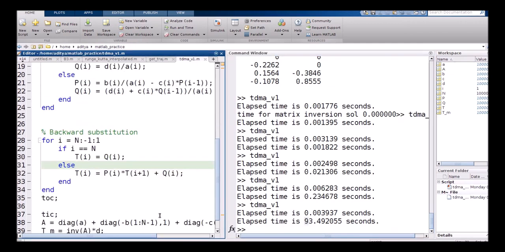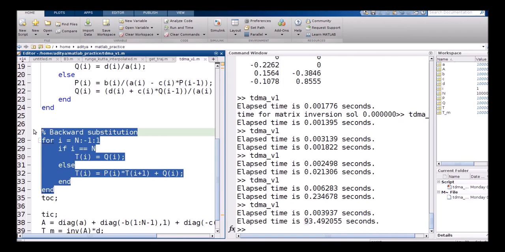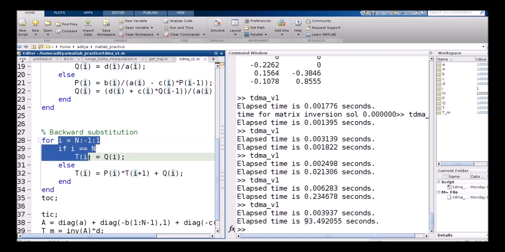There are other algorithms which are comparable to TDMA, but TDMA offers a very easy way of addressing tridiagonal systems, in which we have a simple program, and we can encapsulate this program in the form of a function. It will only make life easy for us. As I was saying, once we have the P's and Q's, we can do a backward substitution over here,